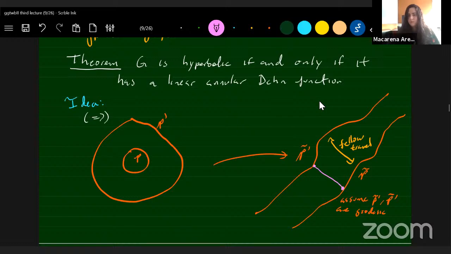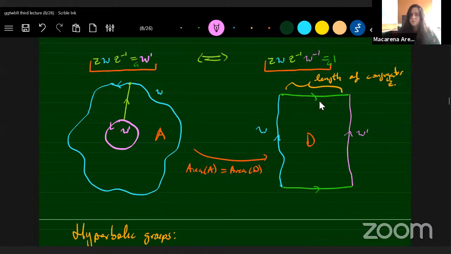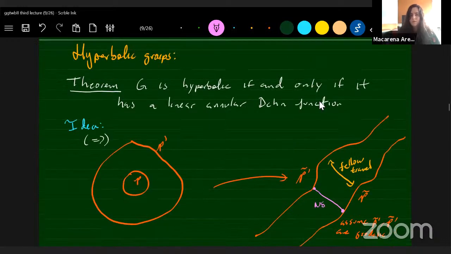And the distance between these two geodesics is controlled by the hyperbolicity constant of the space or of the group. So this is a multiple of delta, say n delta, and that gives us a bound on the length of the conjugator. So if we go back to the original diagram, this path comes from a path here that joins the two boundary components, and that is short. So that's how we bound the area of these annular diagrams in terms of the corresponding disk diagrams.